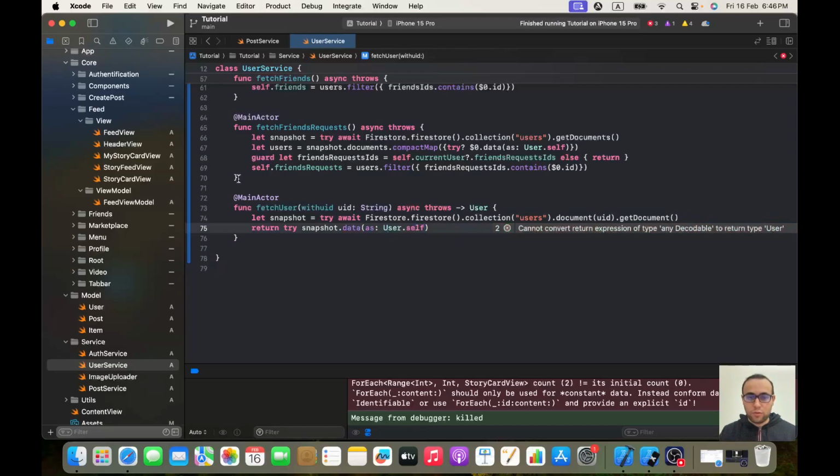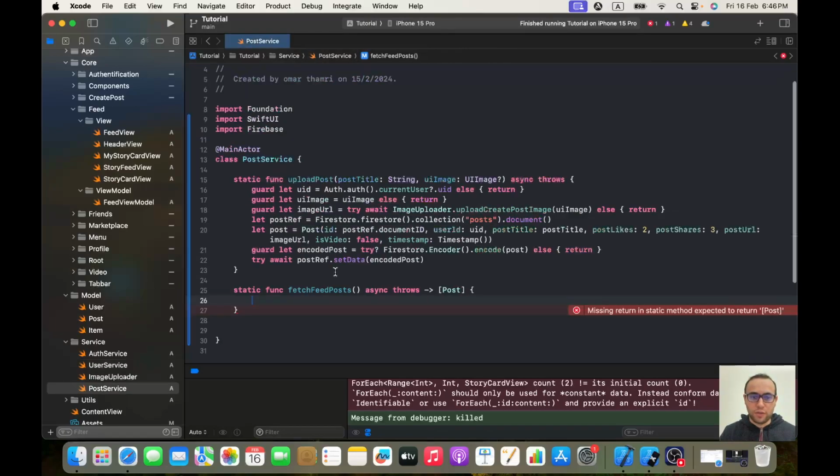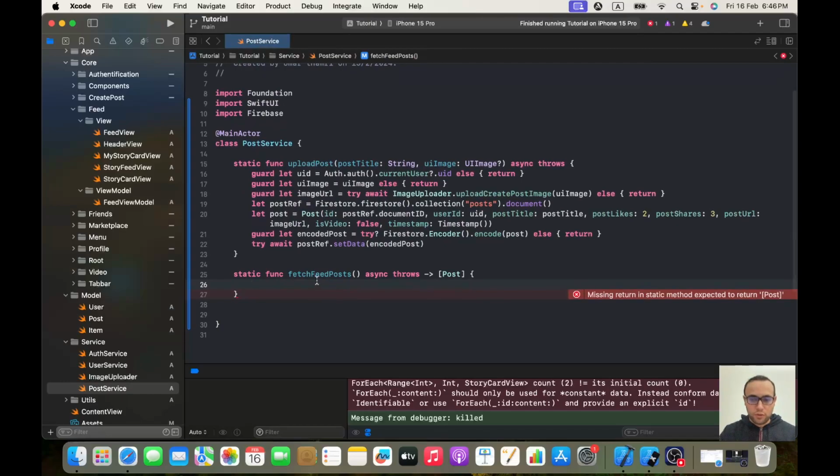Okay, that's all we need, hopefully, to fetch our user. So we will use this function. Now if I go to my fetch feed post and start working on it,